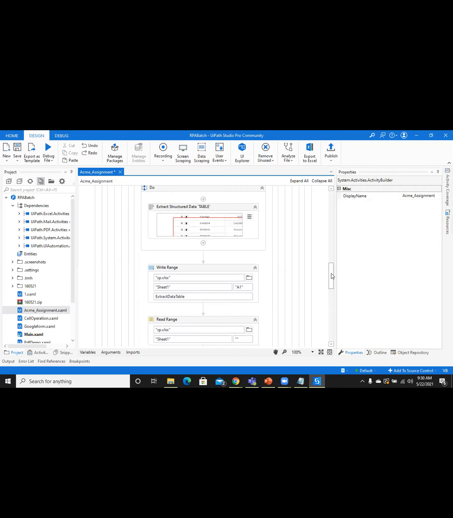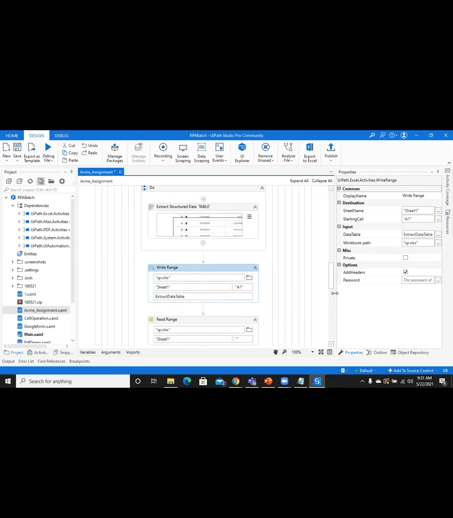So what I have used for that, already we discussed. To write the data in Excel form, we are using write range. So in write range, this is the name of my file. You can put any file. So I have given one name, sp.xls. You can give any name. This is the sheet name, which sheet name you want to store, and name of data table. This is very important. Where we have extracted the data in extract data table. Am I right? Yes, sir. So in extract data table, we have written our data.